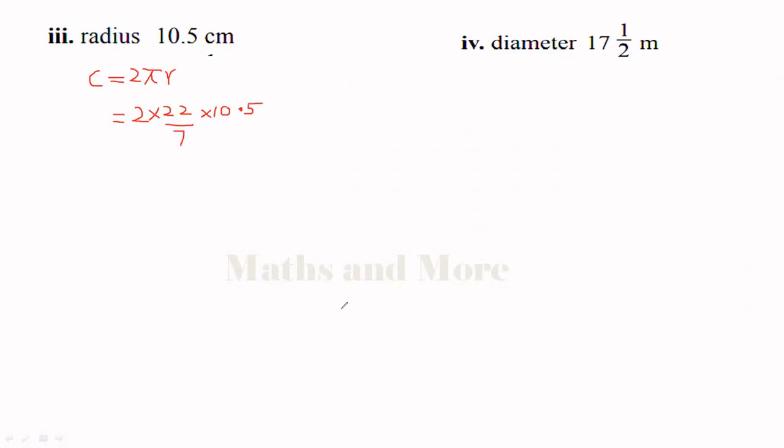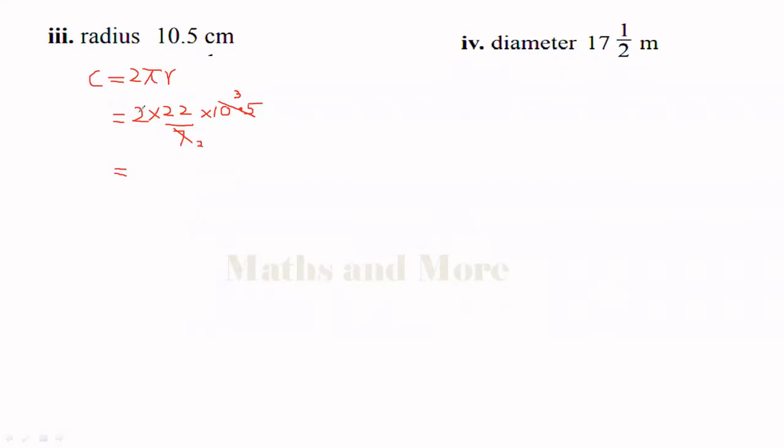Now, can you remember? I told you, you can simplify using 3.5s. How many 3.5s are there for 7? Yes, very good, two 3.5s. For 10.5, how many 3.5s? Can you remember? 3, yes. Okay, this way you can simplify. Now there are no decimals here, so it is very easy to calculate.